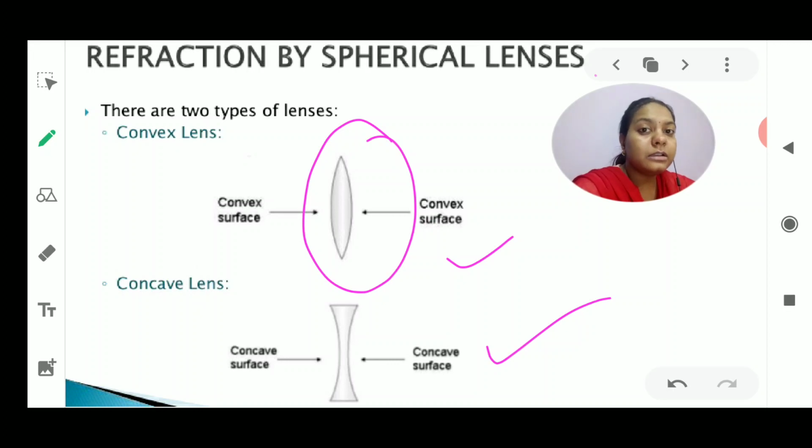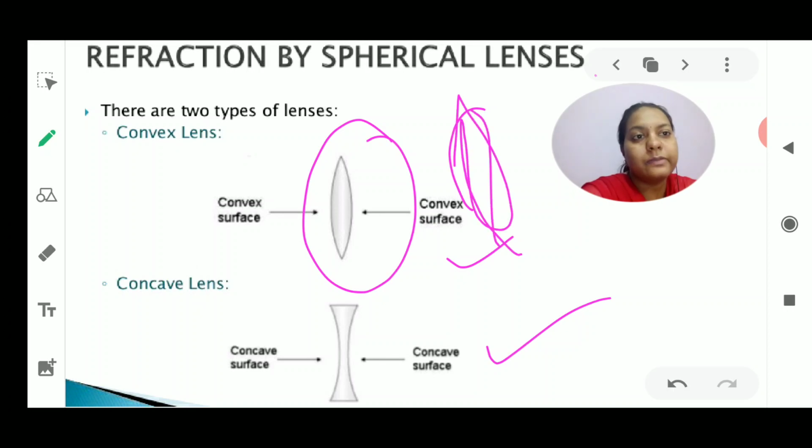As with the convex mirror, where the bulging surface was the reflecting surface, similarly here also the surfaces are of bulging type in this convex lens, okay. You could see here very nicely it is being drawn that the surface is the bulging surface always. So these are the two shapes of this surface, one is the convex lens and the other one is the concave lens. Now we go on to the details of these lenses.